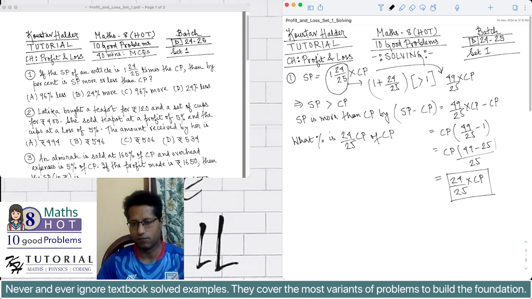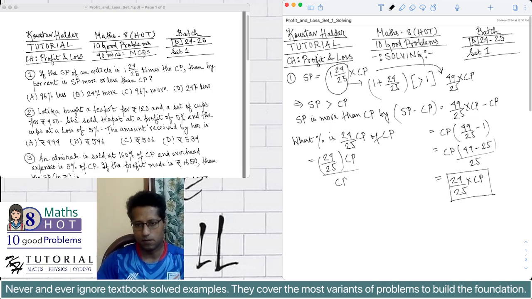Now we have to find what percentage is 24 by 25 CP of CP. This is equal to 24 by 25 CP divided by CP multiplied by 100. So this is a basic concept of percentage. This much percentage is equal to, CP will cancel out, and we will have 24 multiplied by 100 divided by 25, this much percentage, which is equal to